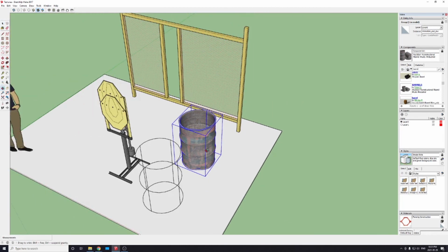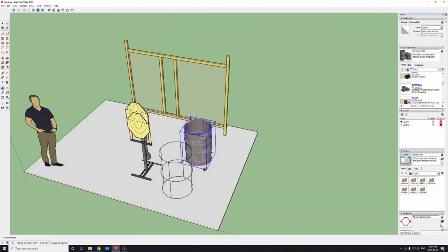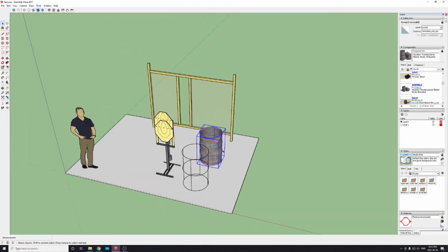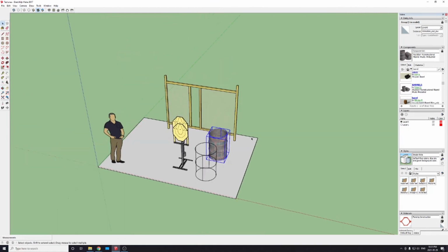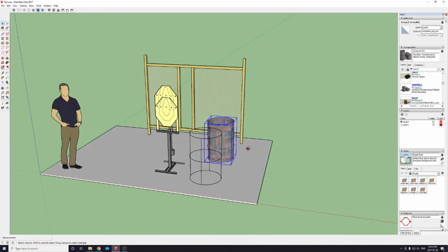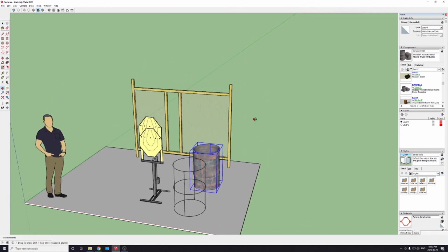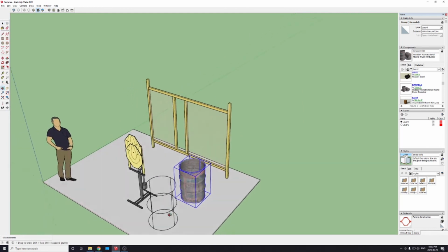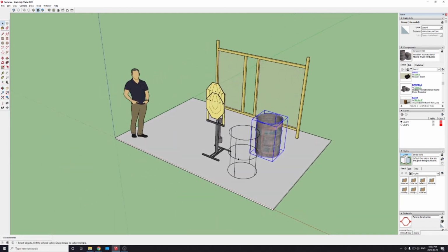So with 1 barrel, it's not a big deal, but when your stage has 10, 15 barrels in it, and you've got 6 stages on this SketchUp area, when you start looking down on angles and it has to render all of those barrels, it will eat up your CPU speed a lot. So I recommend, if you can,